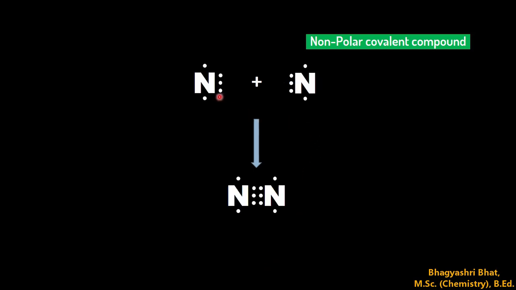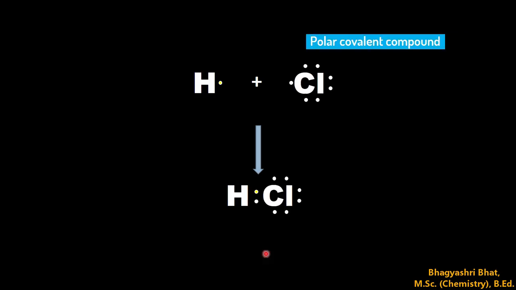So next we take another example, nitrogen. The number of valence electrons in a nitrogen atom is 5. So both nitrogen atoms are short of 3 electrons. So they mutually share 3 electrons. This nitrogen atom shares 3 electrons with this nitrogen atom. By doing so, both nitrogen atoms attain the octet structure. Since 3 pairs of electrons, totally 6 electrons, are shared between two nitrogen atoms, the bond formed between the two nitrogen atoms is a triple covalent bond.